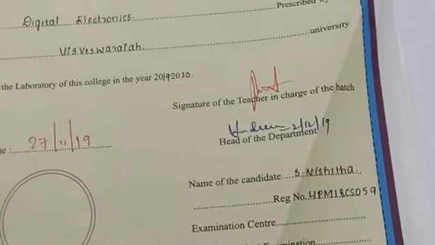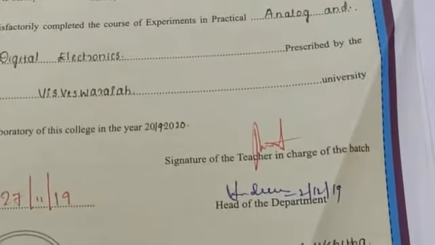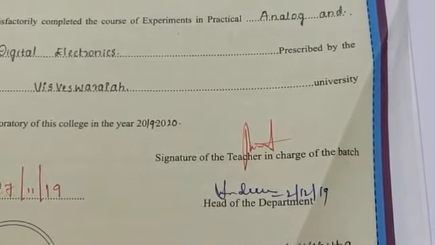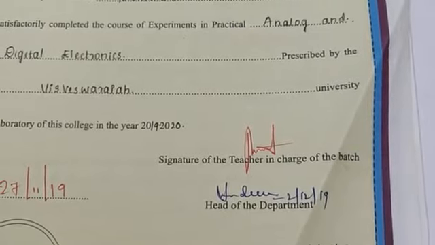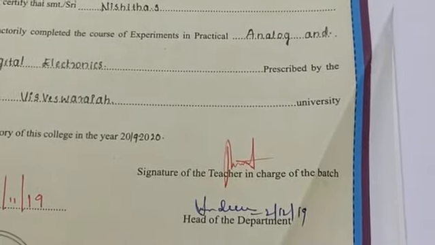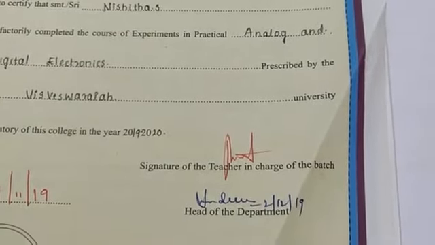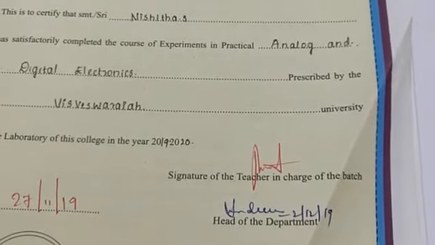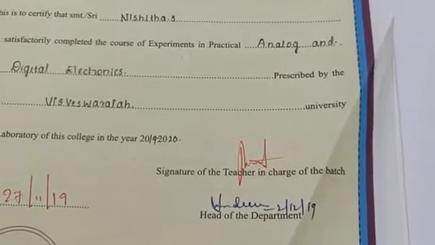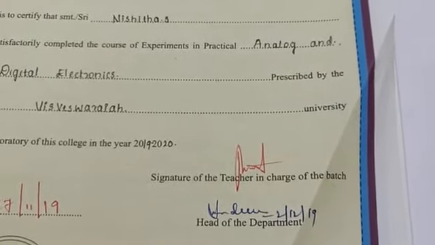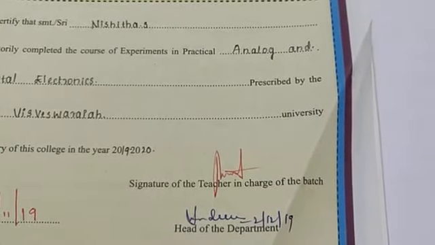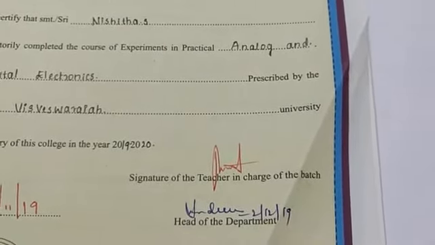So 6 are from logic design, which we call LD, based on the second, third, and fourth modules, and we have 3 EC experiments, electronic circuits experiments, like op-amp, relaxation oscillators and all those things. Coming to logic design, you have 6 experiments which are easy to make the connections for. You can expect the output easily.